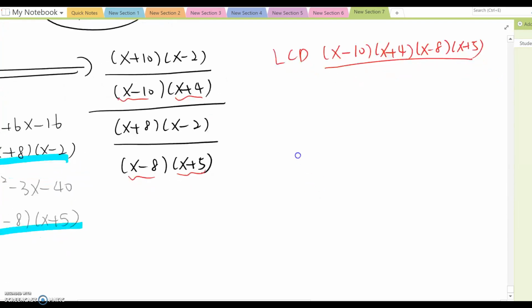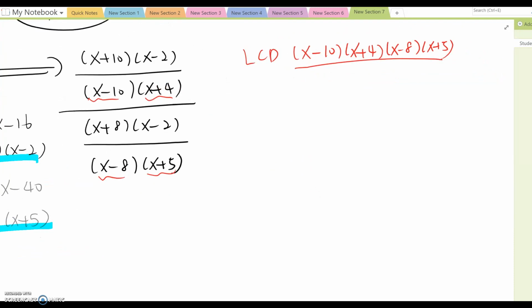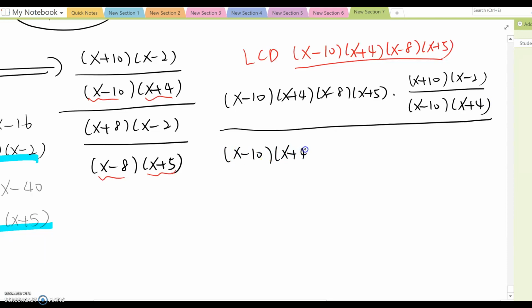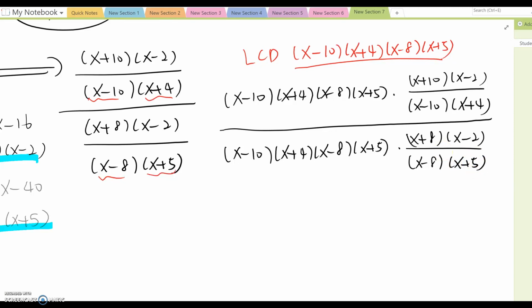Okay, then this is going to be (x minus 10)(x plus 4)(x minus 8)(x plus 5) times (x plus 10)(x minus 2) over (x minus 10)(x plus 4), over the same thing, (x minus 10)(x plus 4)(x minus 8)(x plus 5) times (x plus 8)(x minus 2) over (x minus 8)(x plus 5). Therefore, you simplify,